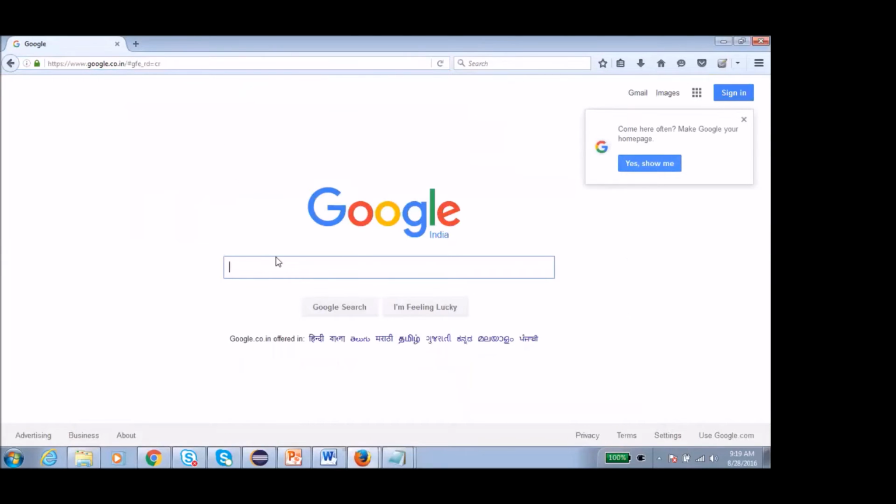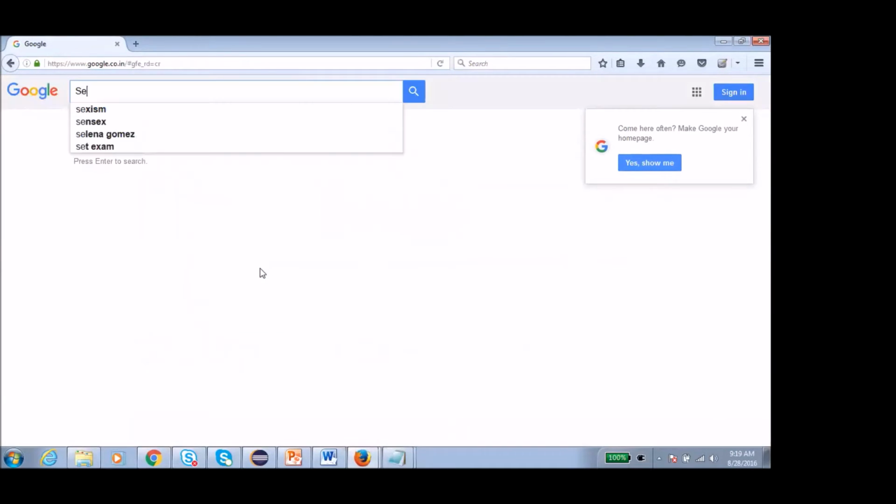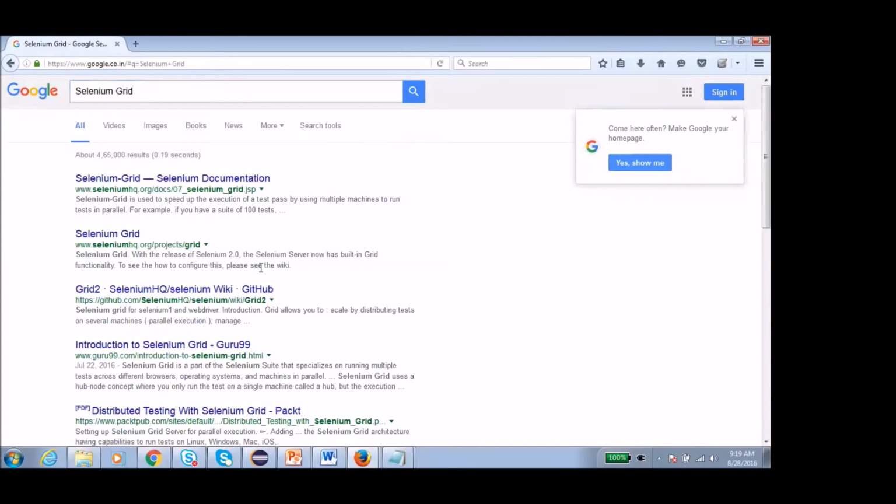Now it will record everything. Now we want to search something like Selenium Grid, suppose, and click on the search button. Now we want to stop that recording.